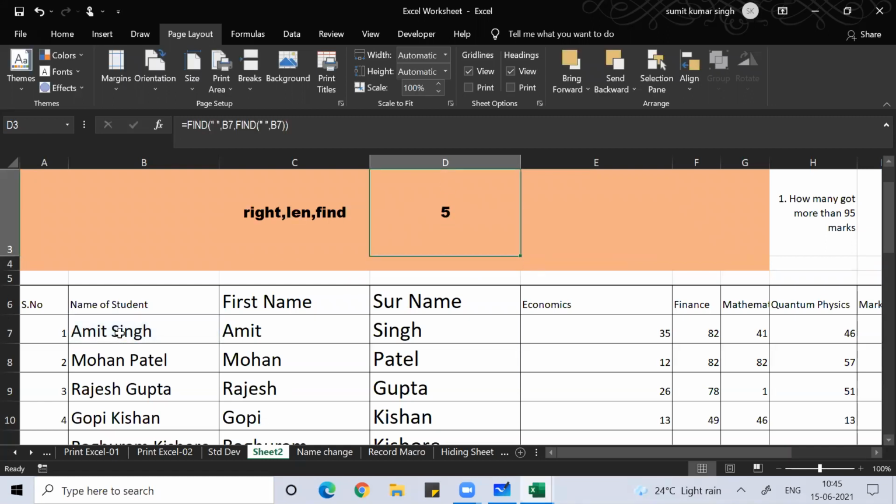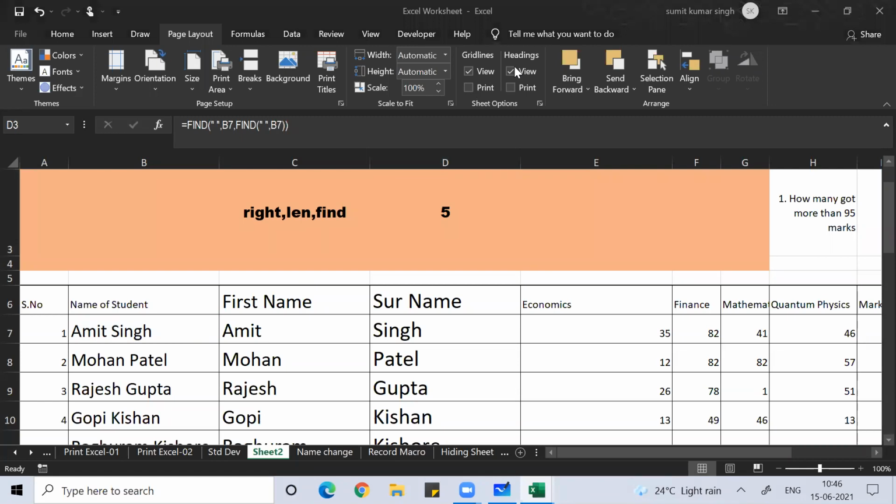It will give you the answer 5. So when you subtract it from length, the total length of Amit Singh was 10, 10 minus 5, you will get the answer 5. I'll do Mahendra Singh Dhoni after this. This part clear, everyone?